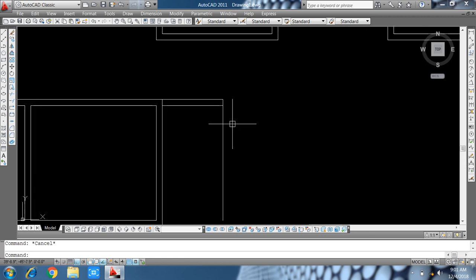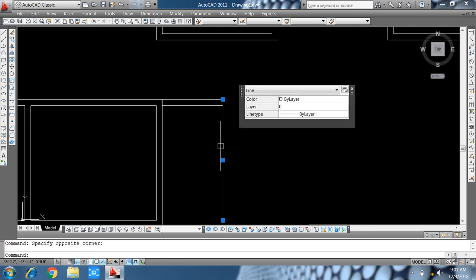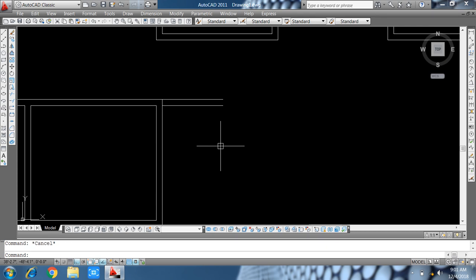and make this line offset 9 inch, trim the line.